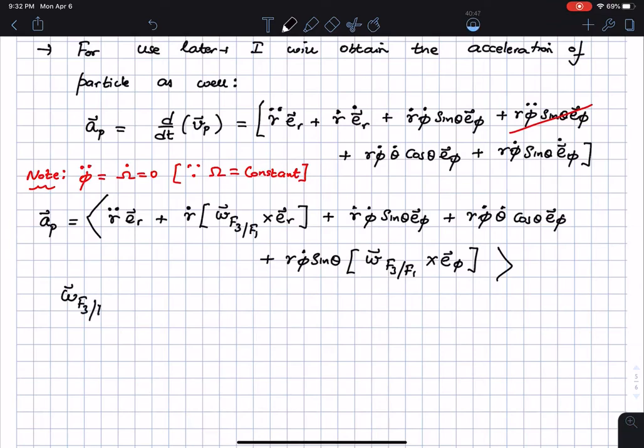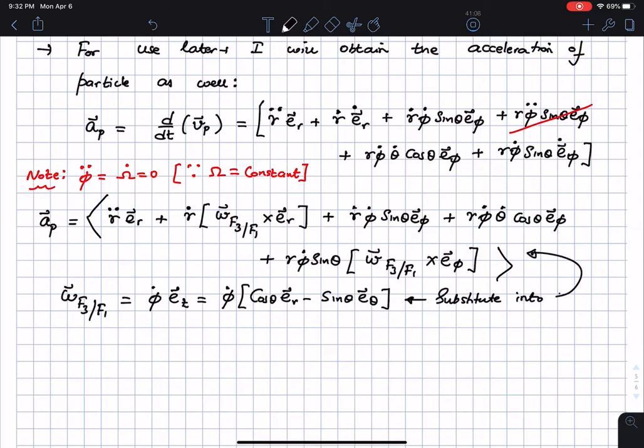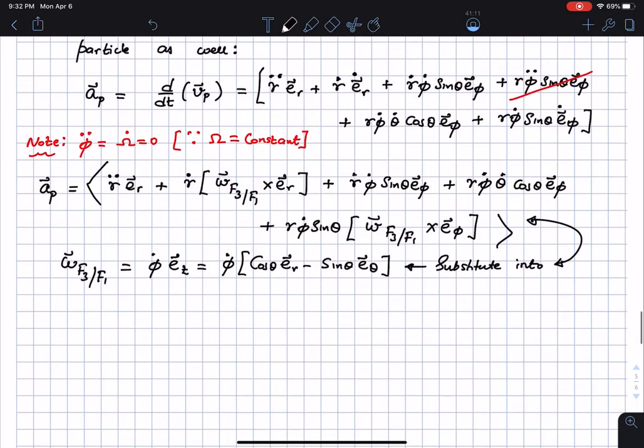I have to of course substitute for omega of f3 slash f1. Omega of f3 slash f1 is phi dot ez, which is phi dot due to the coordinate transformation above cos theta er minus sine theta e theta. Okay, substitute into that. Okay, and I'm going to skip some steps. After skipping the details, we end up with the following. Okay, we obtain